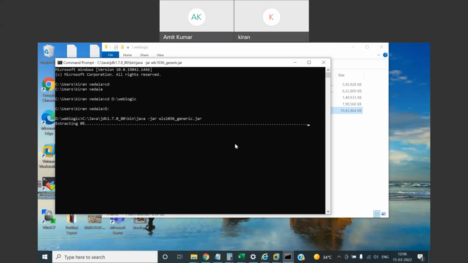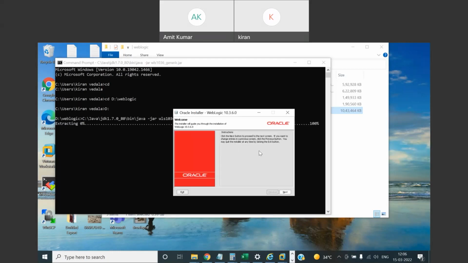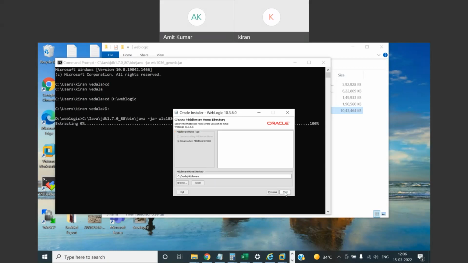The installation is pretty simple. You just need to do next. Next, next. So this is the installer machine. Here you have to give the